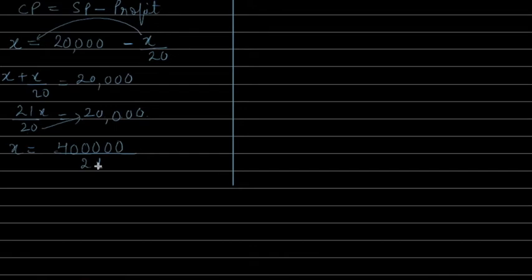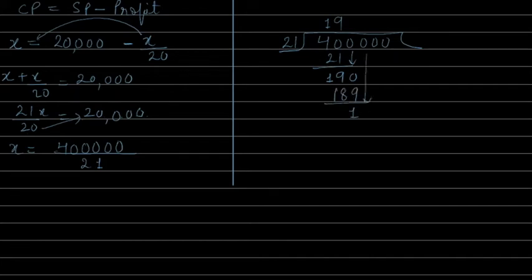Right? So this is a very complicated number. Let's see how we have to divide it. So 4 and 5 zeros. How many times? 21 into 2 is 42, which will be greater, so 1 time 21. Subtract, 3 minus 2 will give you 1. Let's copy the first 0. This will go how many times? 9 times, because 21 nines are 189. Subtract, and then we copy another 0.